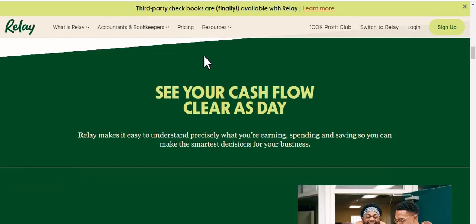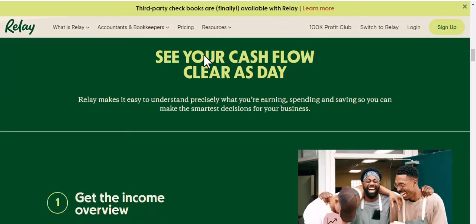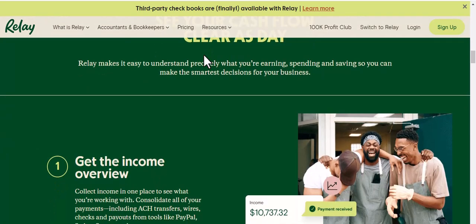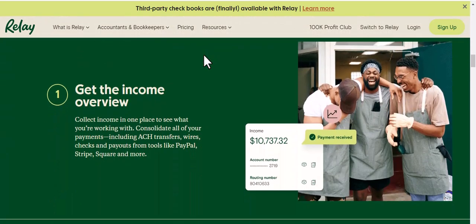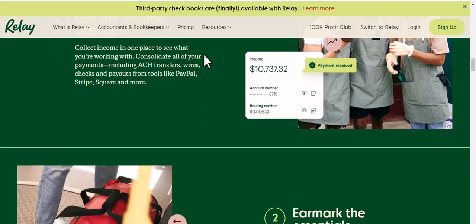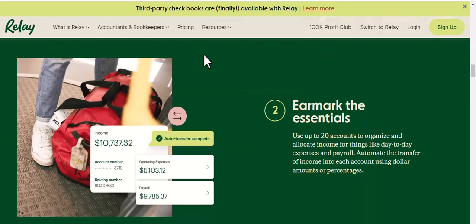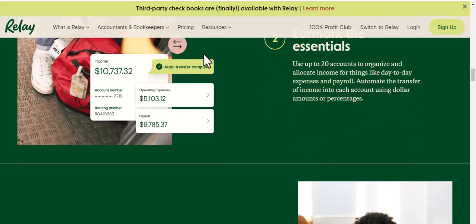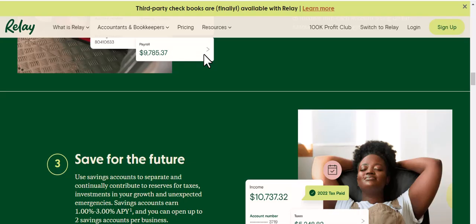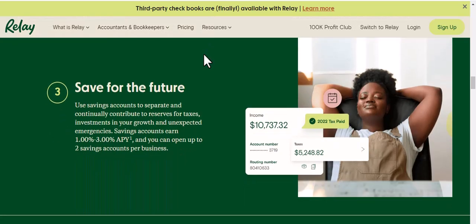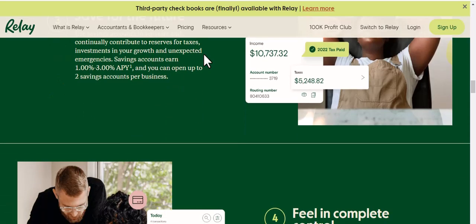Think about it. How much time do you spend each week manually transferring funds between your checking, savings, and expense accounts? How often do you wish you could automatically set aside a portion of each payment you receive for taxes or future investments? What if you could ensure that your recurring bills are always paid on time, without you having to lift a finger? These are just some of the pain points that Relay's auto transfer and account rules are